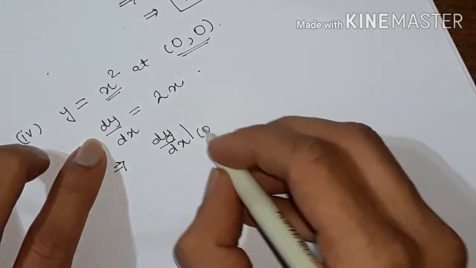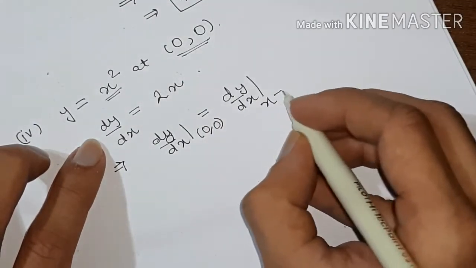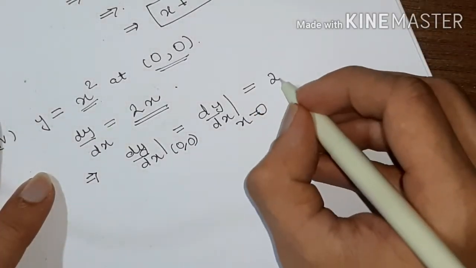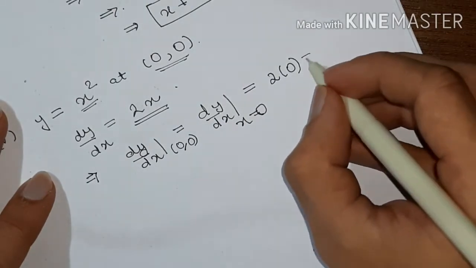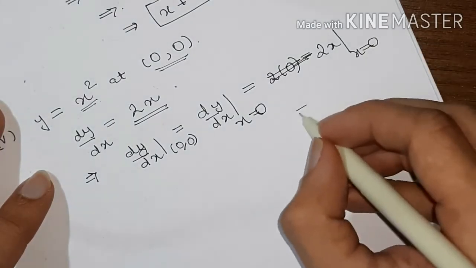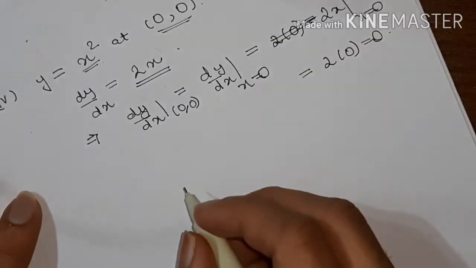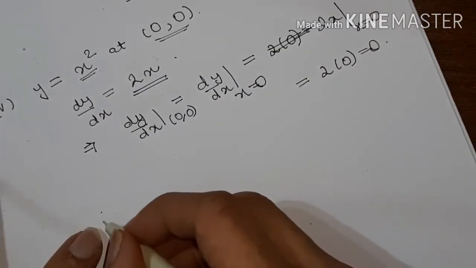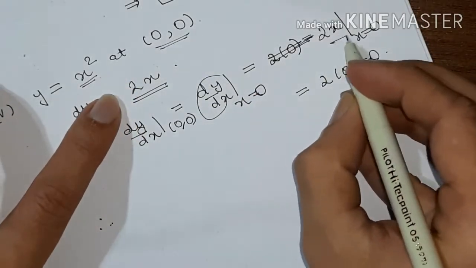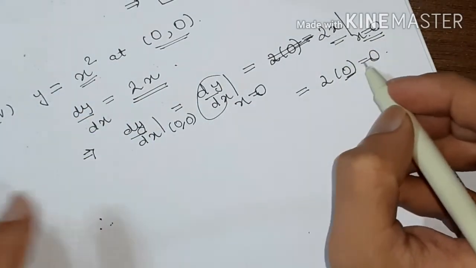Now you have to find the slope of the curve at this point, dy by dx. Okay, at this point, so 0 comma 0, which is nothing but dy by dx at x equal to 0, because there is no y term here, right? So what you get is 2 times 0, which is nothing but 2x at x equal to 0, which is nothing but 2 times 0, which is equal to 0. Okay, so therefore, see, this dy by dx is 2x. Okay, and at the point x equal to 0, now I have to substitute x equal to 0 here. So 2 times 0 is 0.